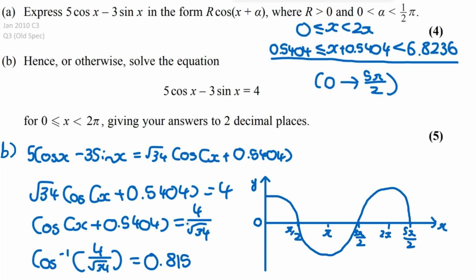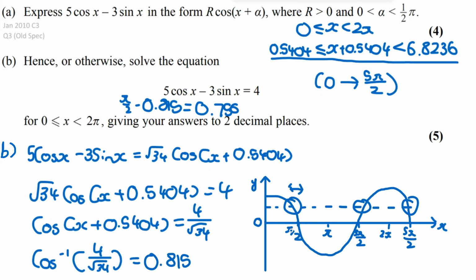Okay, so what we need to do is we say that 4 over root 34 is about here. Again, it doesn't matter where too much, and we can see that in this expanded interval there are 3 solutions like this. Okay, we know this solution here is the 0.815, and we know that the difference between pi over 2 and this point here, which is 0.815, is going to be pi over 2 minus 0.815. Again, if you need any reminder of this, go back to the videos I've already mentioned, and if you put this into a calculator, it's equal to